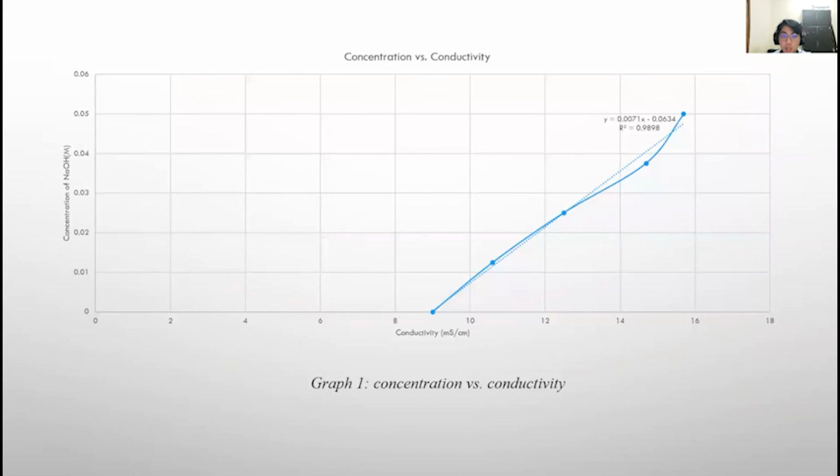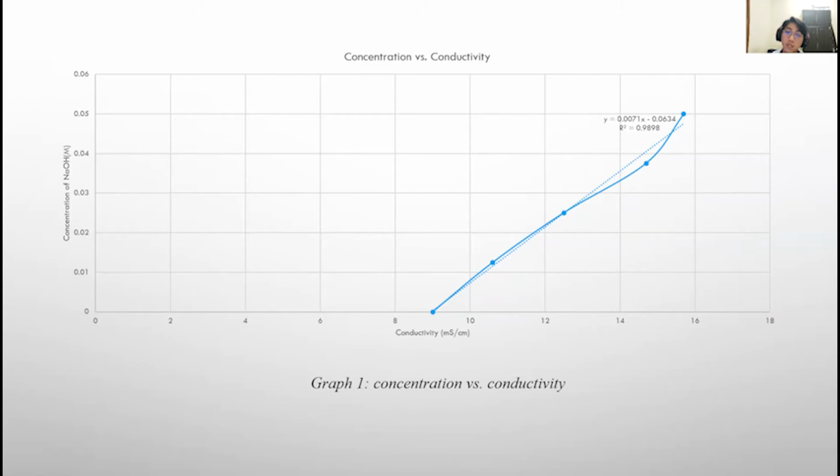So we plot the graph of concentration versus conductivity. This is a calibration curve. A calibration curve of concentration of sodium hydroxide versus conductivity has been plotted on the basis of table 1. The slope of the graph can be calculated from graph 1 and it is 0.0071, while the y-intercept is negative 0.0634,